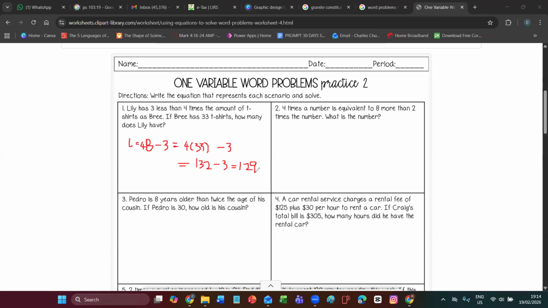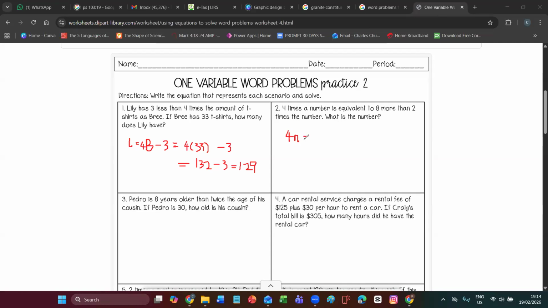The second one says four times a number is equivalent to eight more than two times that number. What is the number? Okay, so this one is like the typical question, right? What is the number? Of course, we'll start by representing the number using a particular letter. I would suggest we use n. So again, interpret the question based on how the question was framed. 4 times a number, 4 times n, is